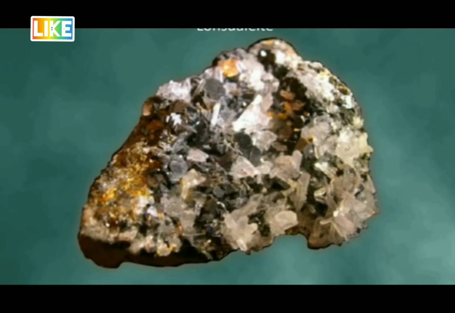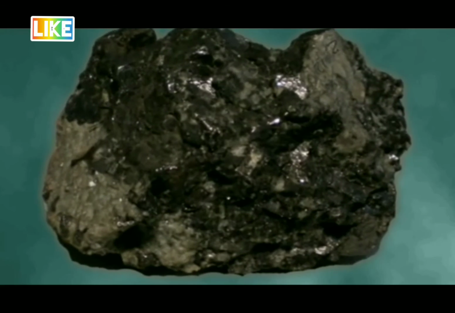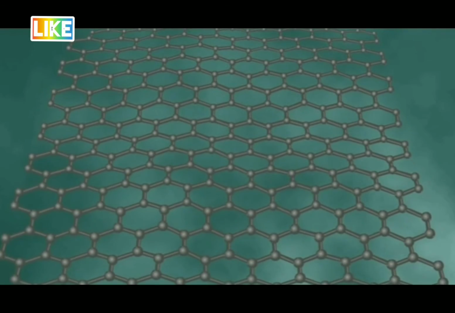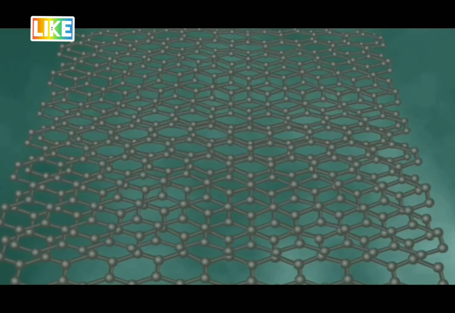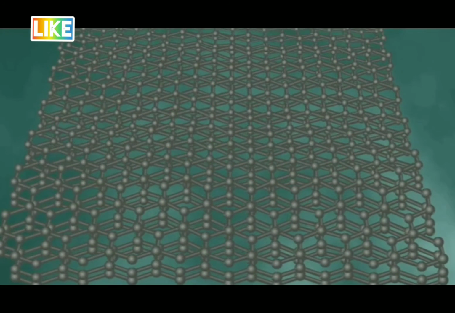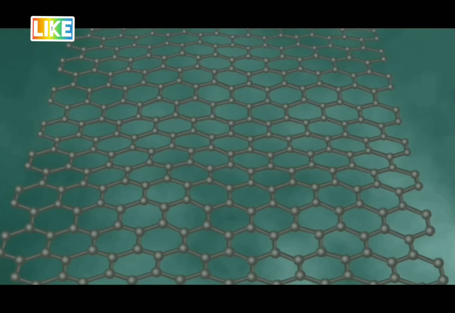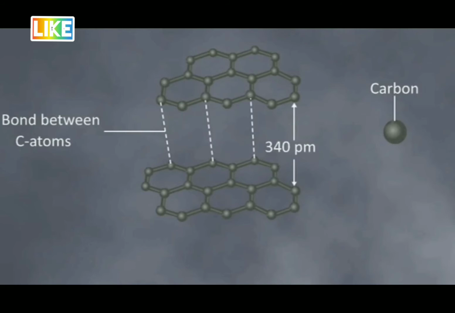Lonsdaleite is also known as hexagonal diamond, owing to the similarity in its crystal structure of carbon, in which carbon atoms are sp2 hybridized, and each carbon atom is covalently bound to 3 other carbon atoms by single bonds, forming a layer of carbon atoms consisting of hexagonal rings. These layers are stacked upon one another, and they are attached to each other by van der Waals forces of attraction. The distance between carbon atoms of hexagonal layers is 340 picometers, and internuclear